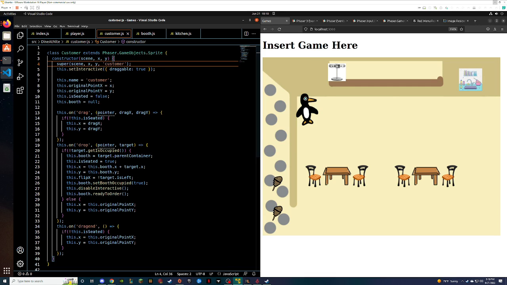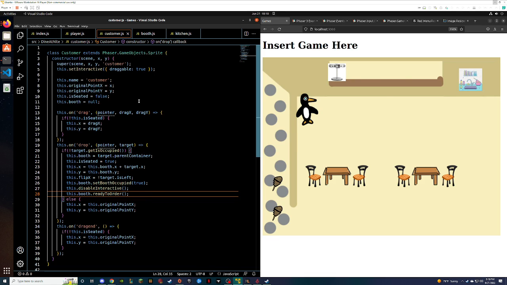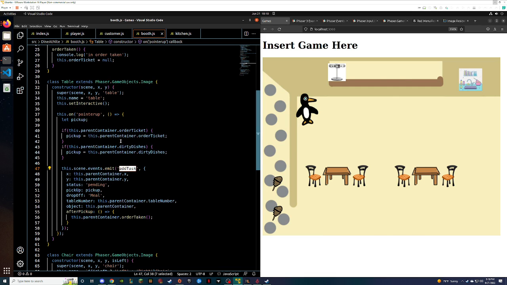The customer just talks to the booth because the booth is kind of what's holding them in a sense. So we shouldn't need to worry about any of this. This is actually, I'm a fan of this because it feels like the most well put together. Which is nice. But then in booth, so we add a task.